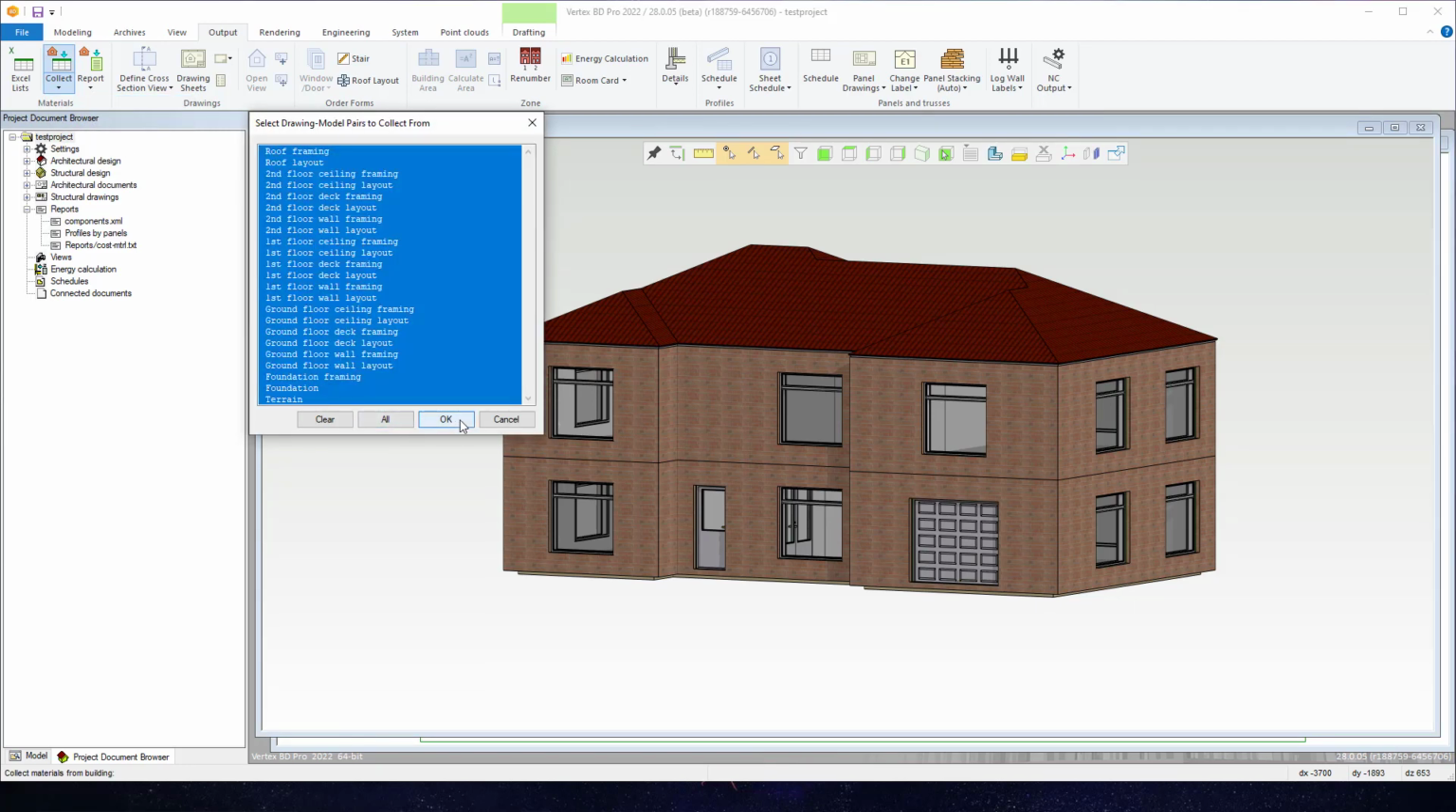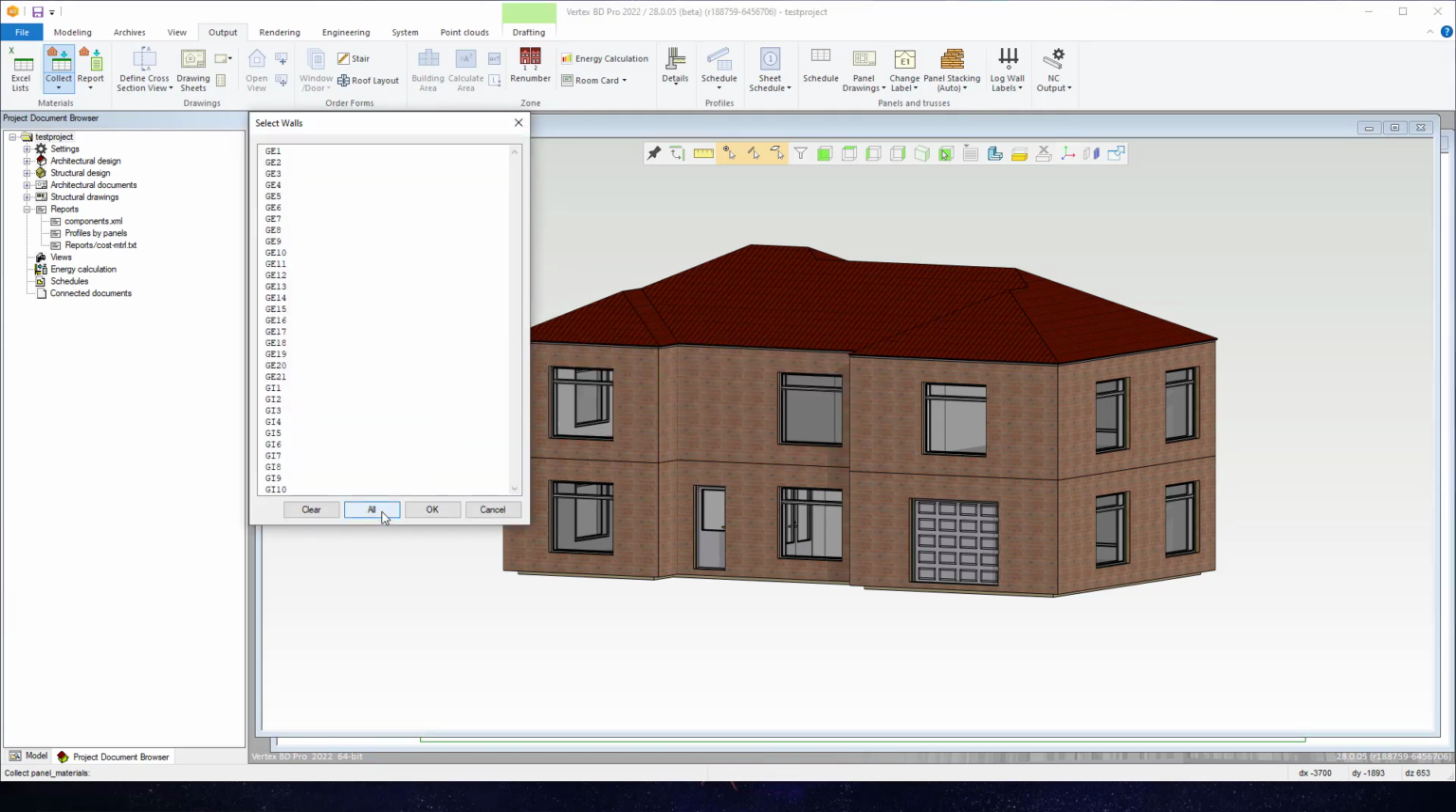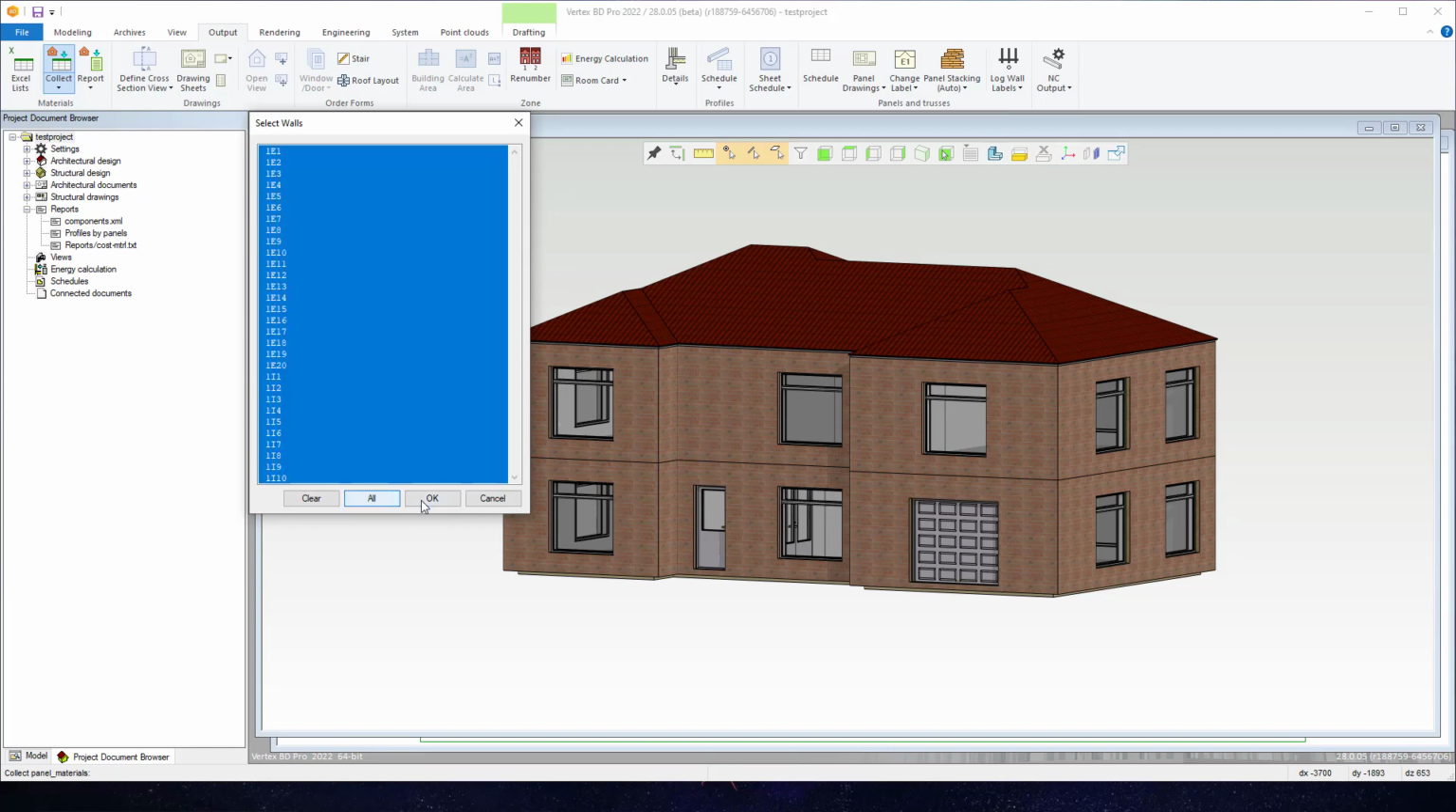Next, you can choose which drawing model pairs the materials are collected from. In this example, the All option is selected to quickly select all active modeling pairs. Now select OK, and then Vertex will collect all the materials used within the project and collate them into the